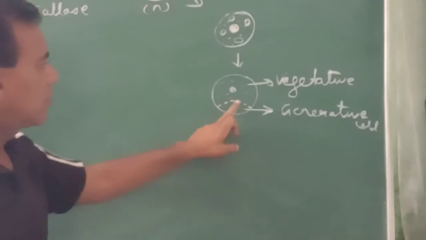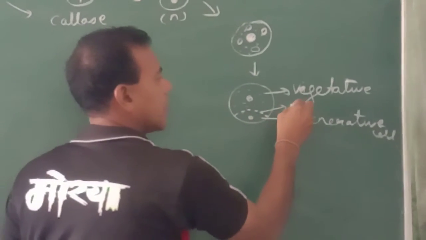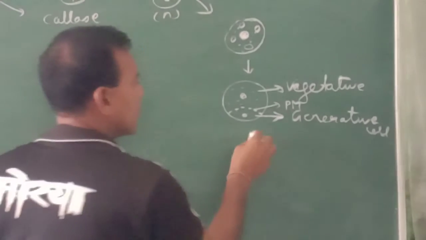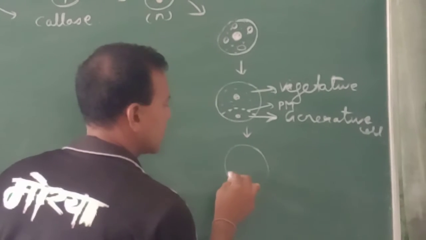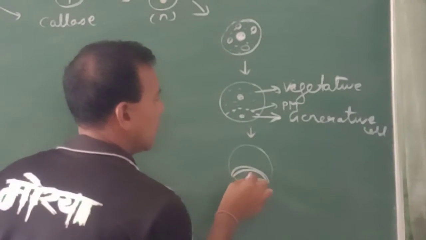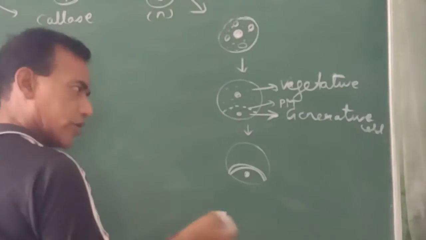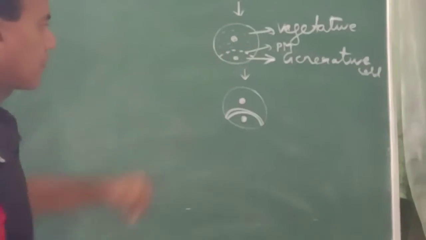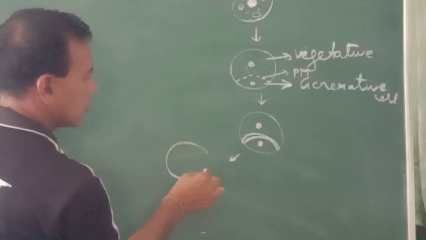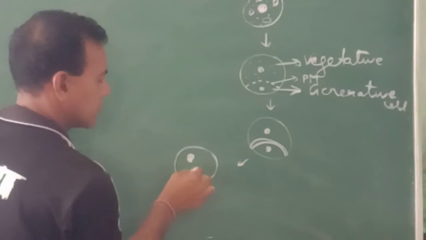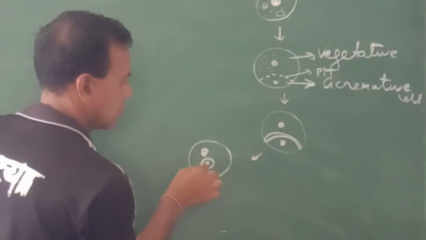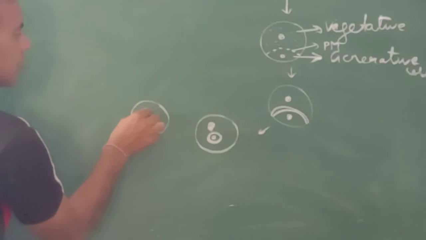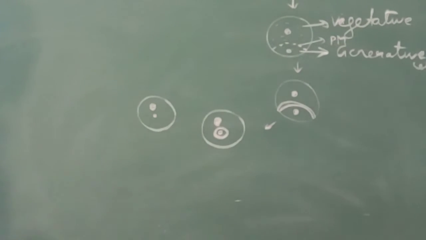Now this plasma membrane gradually gets deposited with a chemical known as callose, and a callose wall is thus synthesized around this generative cell or germ cell. Now this is slightly pinched off from the periphery and is brought towards the center near this vegetative cell, like this. Slowly this callose wall also dissolves and both these nuclei come near to each other.